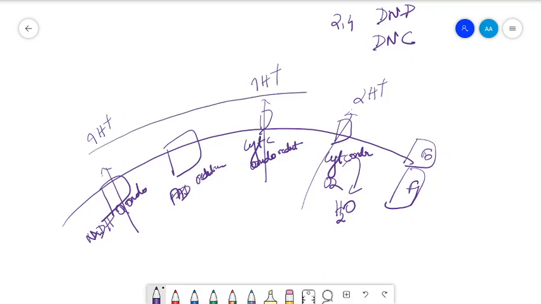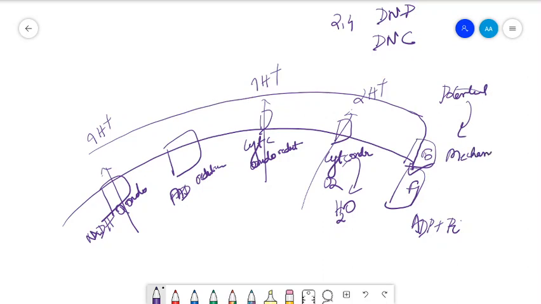this proton pumping creates an electrochemical potential that helps in the conversion of ADP to ATP. So this potential energy is converted to the mechanical energy of the smallest molecular motor, which produces ATP, that is chemical energy. So energy is transferred from one form to another, and our body synthesizes ATP, which is essential for our body.